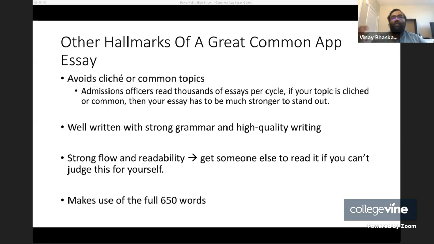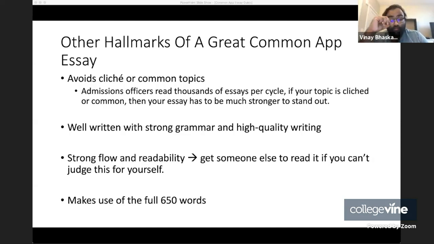Whereas when they read their 838th essay about basketball in a given admission cycle, right? That's a case where there's not going to be a lot of new stuff in the essay. So you're going to have to really strain and really stand out in terms of your writing quality. And that's a lot harder to execute because you've got to be in the top tier of writing quality to succeed there.